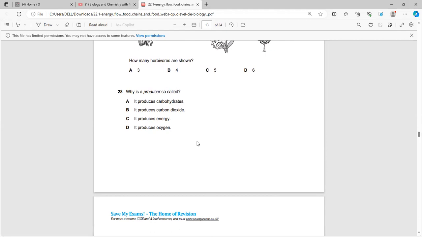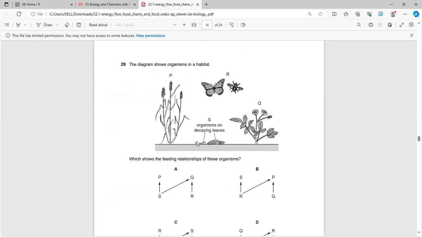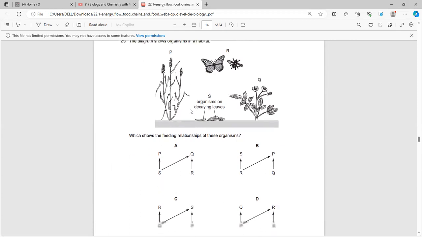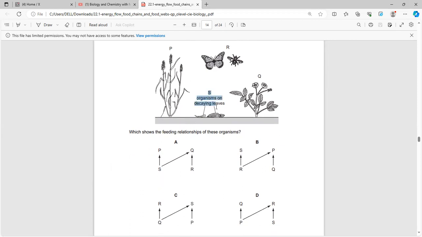This was quite straightforward. And lastly, as we come to the closing, they have asked us to identify the feeding relationships. We can see that S is the organism which feeds on decaying leaves, and thus it supplies the plants with energy. So the best option should be one where it supplies energy to more than two organisms. So S supplies energy to both P and Q. And as you can see, R is a butterfly, so R feeds on the plant, and it helps to obtain nectar from it. So the best answer is A.